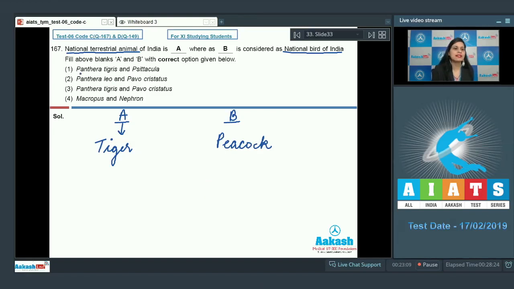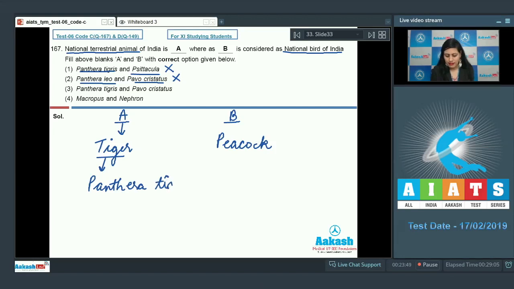The very first option given is Panthera tigris and Psittacula, and this is an incorrect option. Psittacula is commonly known as parrot and it is not the national bird of India. The next option is Panthera leo and Pavo cristatus, and this is incorrect because it is not lion but tiger, which is the national terrestrial animal of India. Panthera leo is lion, whereas tiger is